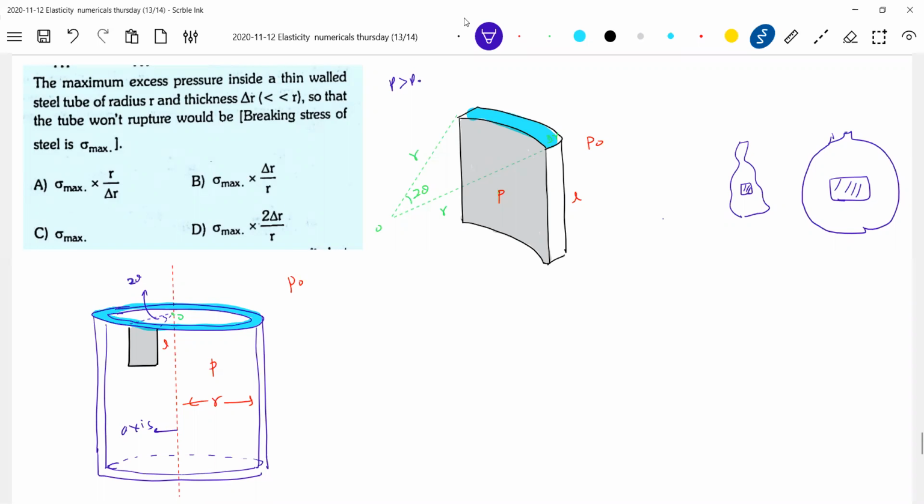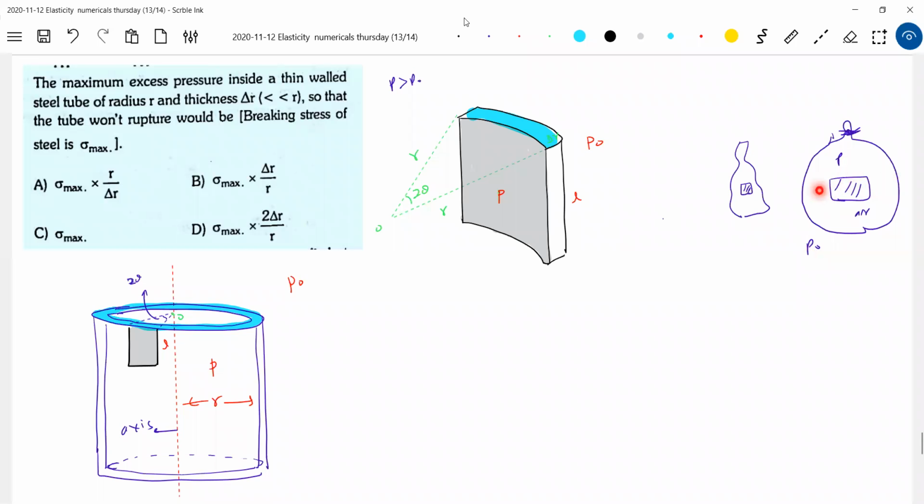Now put a knot here. This is a balloon. So what are the forces that are acting? The air inside will be more than that outside. And this is a patch. Earlier the patch was like I just put 2, 3, 4, 5 dots. The patch will be like this here. P greater than P naught. So what will happen to the air inside the balloon? It wants to expand further. But who is stopping it? The elastic forces.